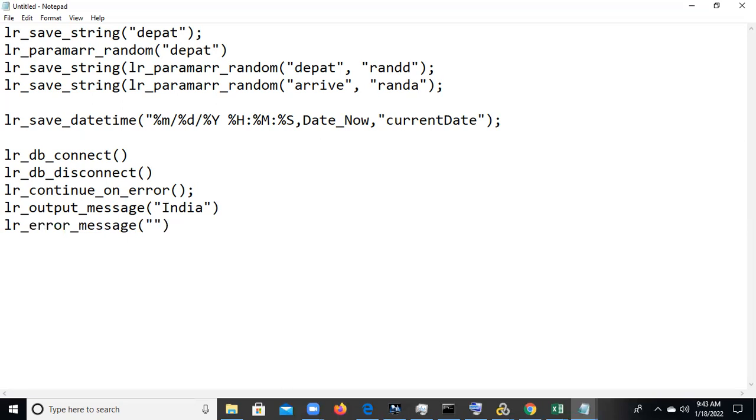LR error message sends an error message with the location details to the output window, the log files, and other test report summaries. Means if there is a failing error, it will send what the error is, which location it is coming from, where it is in the log files, and it will send it to the report.